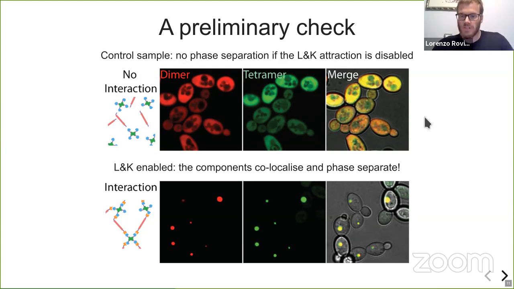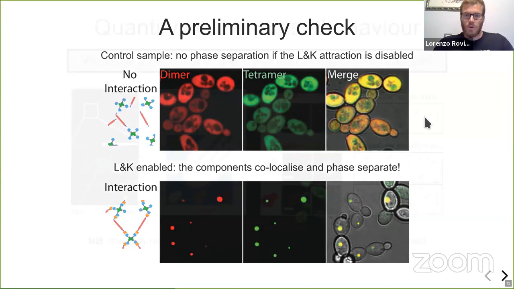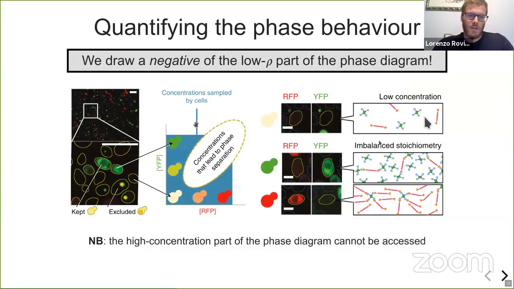Yeah, this is a membraneless organelle. It's a synthetic one. It plays no real specific role in a cell. It's just there because we want it to be there. We want to understand how it behaves. Now, of course, we can take wonderful pictures with this, and Emmanuel and his group have done it. We can also go a bit beyond, and we can really understand what's going on from the thermodynamic point of view. So what we can do is map the phase diagram.